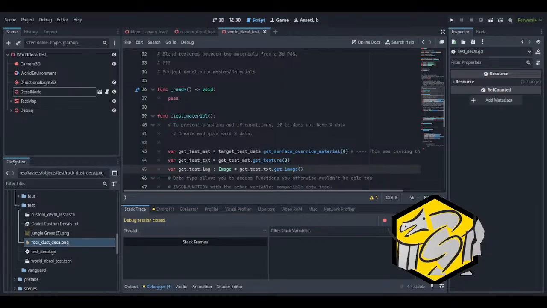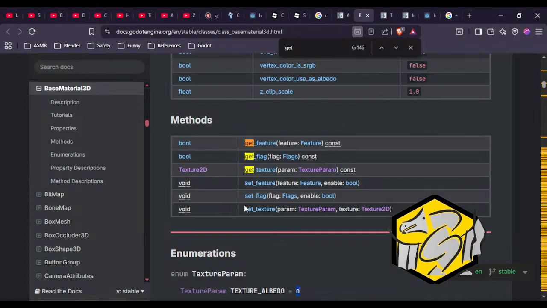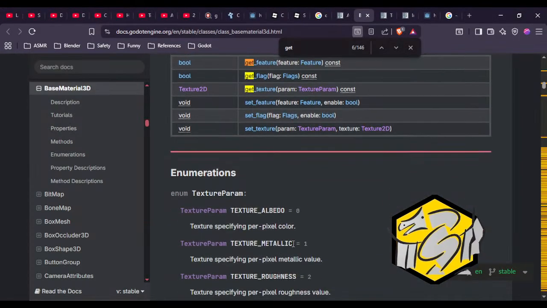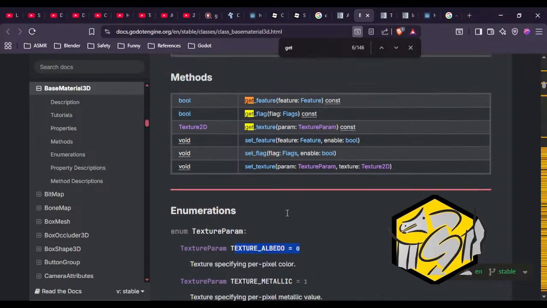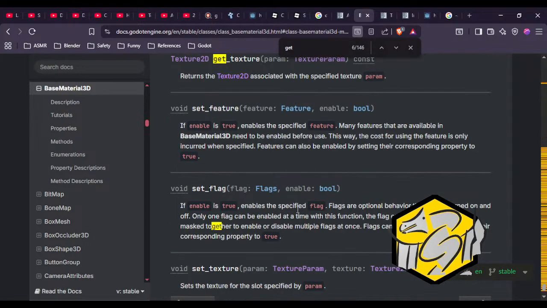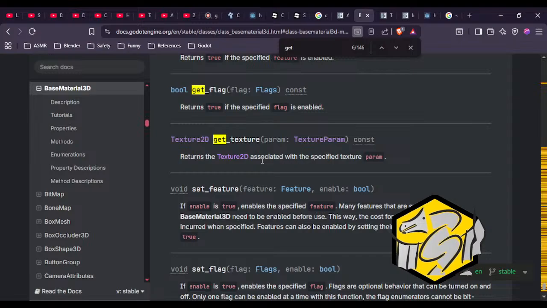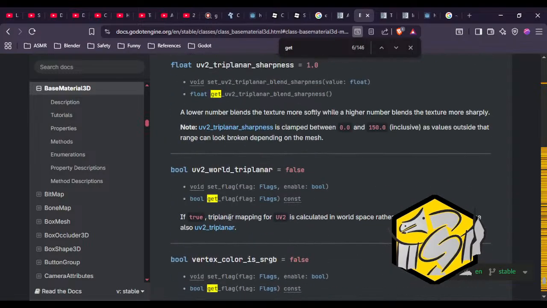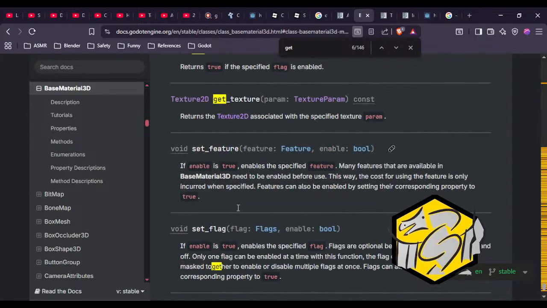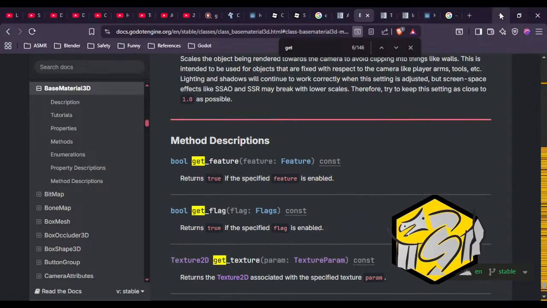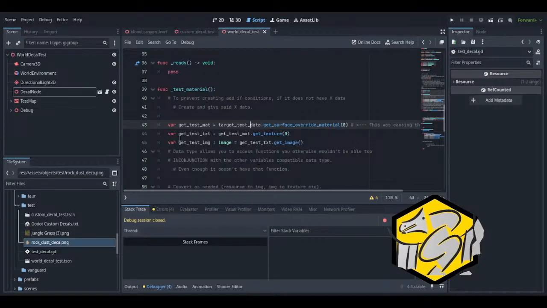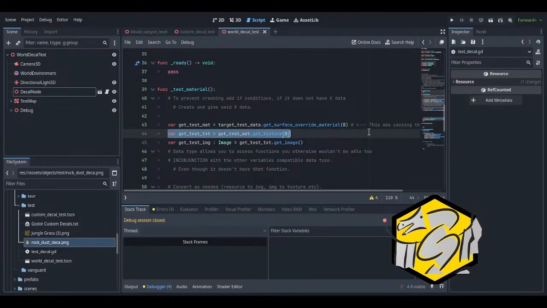Alright, let me bring the browser back up, because this doesn't seem to be working. So I got albedo right here. Yeah, see? I have the damn texture, now let me convert it. I have the texture.